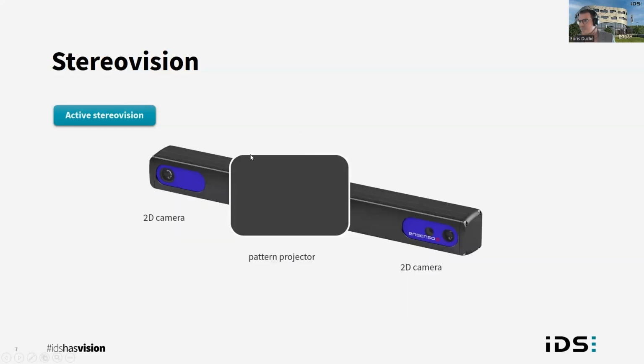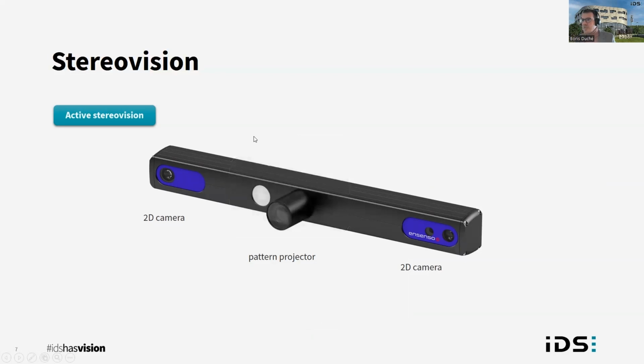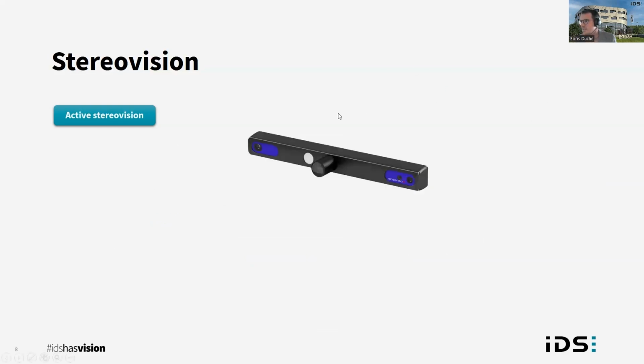This is why Sensor cameras are not passive stereo vision systems, they are active stereo vision systems. It means in between the two monocular cameras, we have added an additional component, which is a pattern projector, and that will just add some texture, some information on the image. Let's look at exactly the same example.